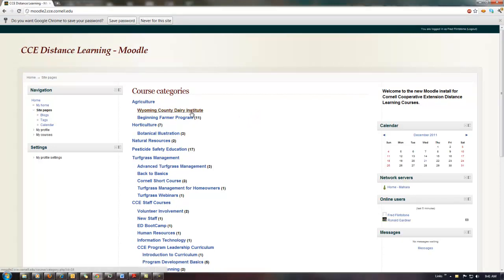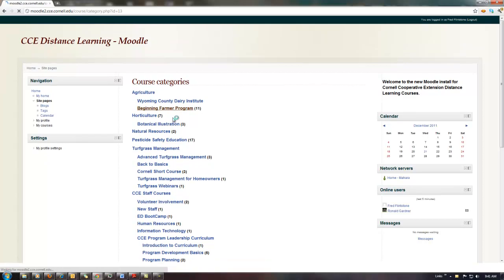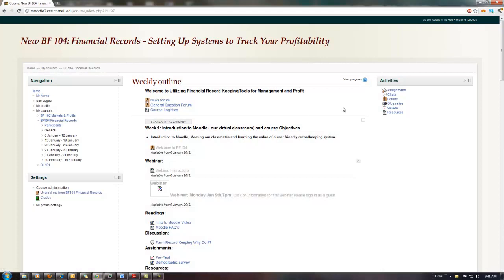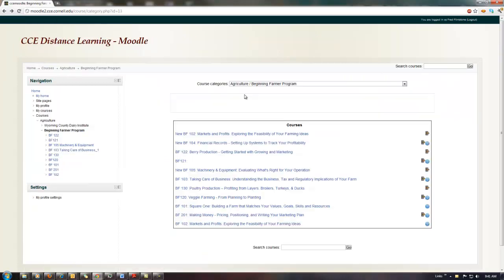And there's a good chance that your instructor emailed a direct link to your course. But if you don't have that direct link, you can browse to navigate to the course. And we're going to click on this. And you can see that in this particular course, I've already logged in before, so I don't need an enrollment key. But we're going to go back and select one